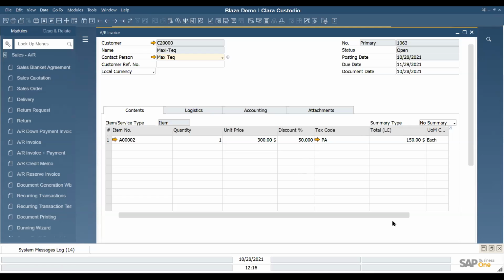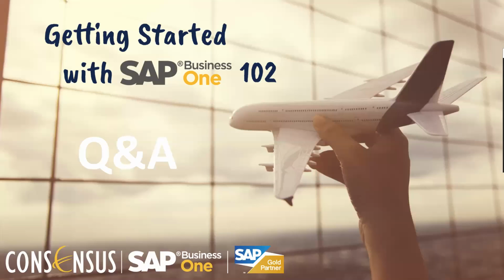I see that we have another question, and this one, Josh, if you're ready, I would like you to take it. This one is asking, do draft documents keep the number of the document when they become actual documents?